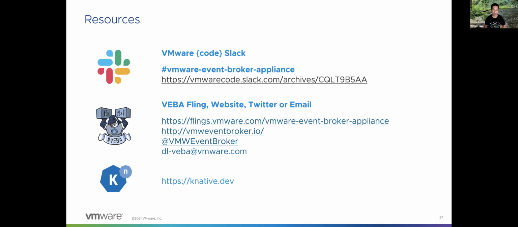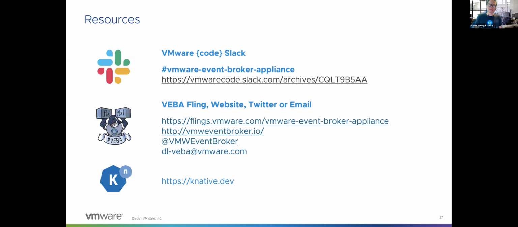And so if you go to vmw.eventbroker.io, it'll point you to the GitHub repo. You can build the source from scratch if you want to do that. And there you'll also find a lot of the function examples. And we try to do across different languages, so you have a good feel for it. And so if there's something that you're interested in, feel free to drop us the use case, and maybe one of us might create it, or we can help you get going on that. And if you want to reach out further for information, you can reach out to us over Twitter or even email if you want to discuss specific use cases for your organization as well.